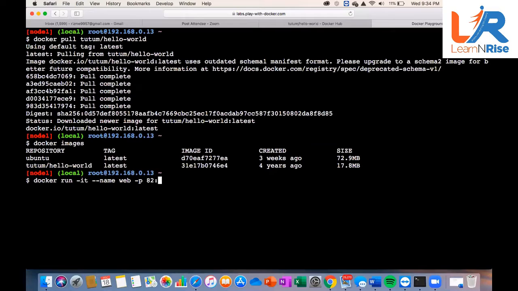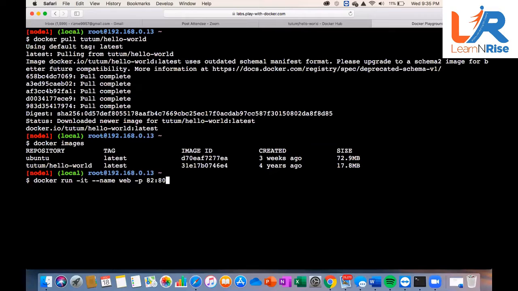Type 80. Your web server always runs on port 80, but to expose it outside, you can use another port. So we are giving port 82, and for what reason are we giving another port for port 80?